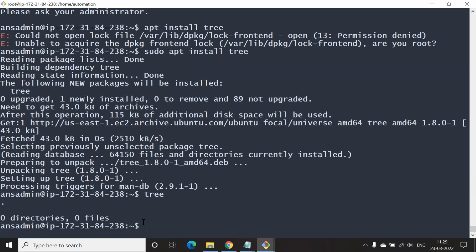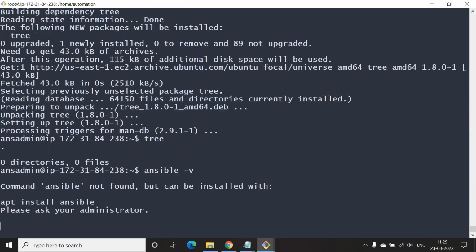So if you want to check and verify if Ansible is installed or not, what do you do? ansible --version. Good. Do it, please. Type it in, please. What is the problem? It is not there. We need to install it.